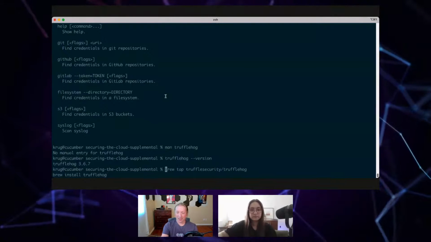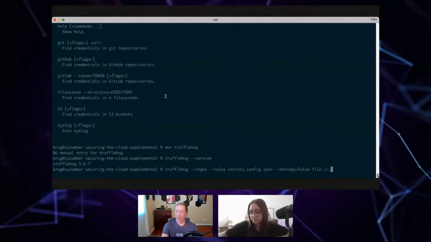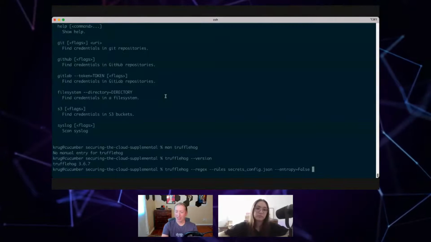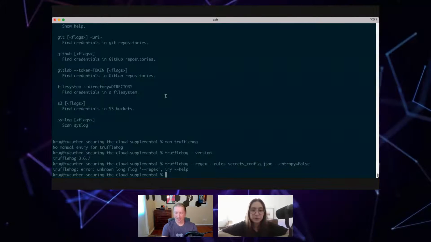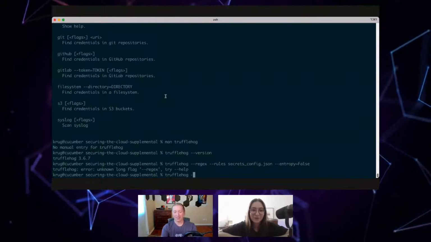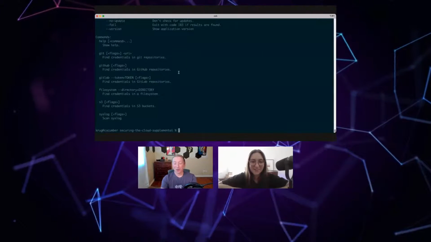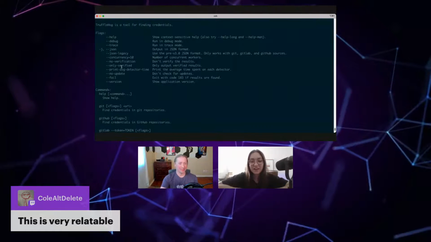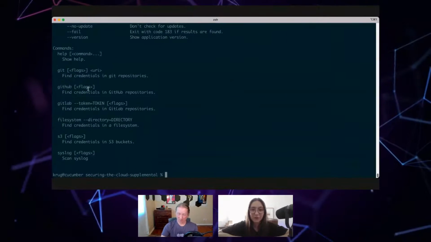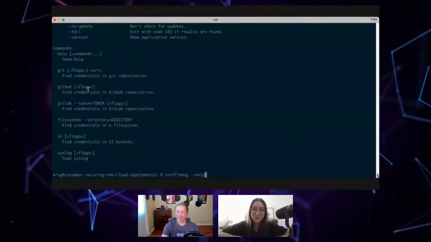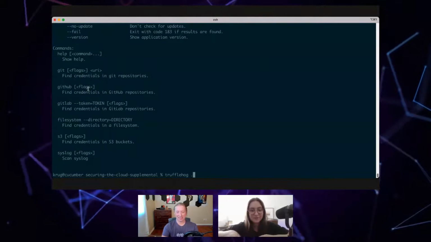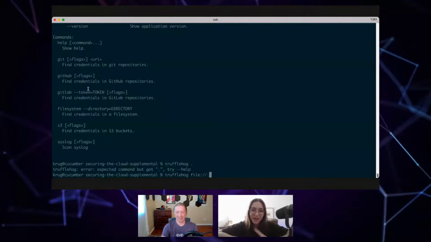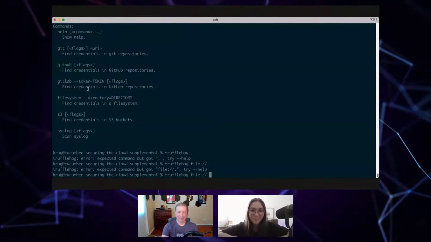Okay, but maybe this Trufflehog is actually better than the last one, and we can run the original command. I feel like this is the most realistic depiction, though, of what people are going to face in real life when trying on their own, which I think is honestly kind of valid, because sometimes people feel bad when they run into all these issues because they'll watch a demo and it could be so seamless and perfect, and then they try it on their own and they're like, what am I doing wrong? And usually they're not really doing anything wrong.